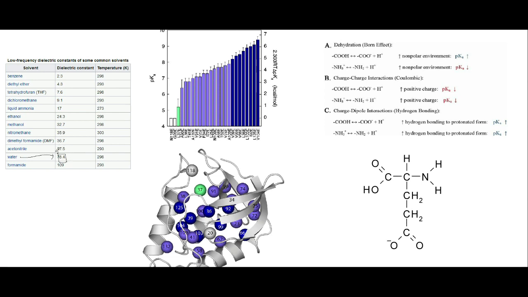Usually I've rounded that up to 80. And so what the dielectric constant is talking about is sort of how much charge is felt through the medium. And so the higher it is, the lower the charge is felt in the medium. And so basically what that means is, so if we have